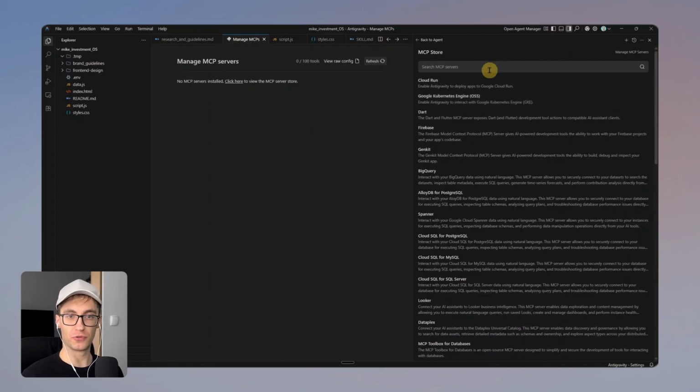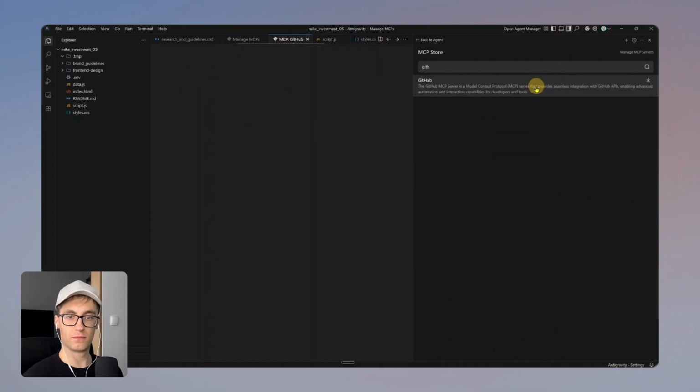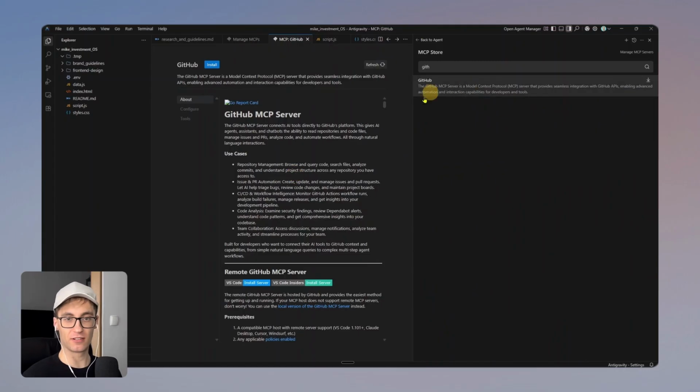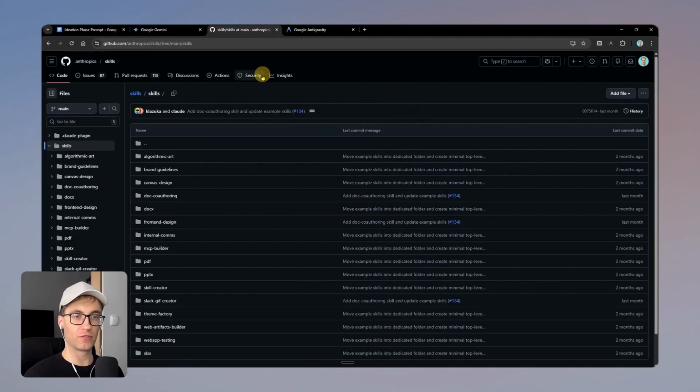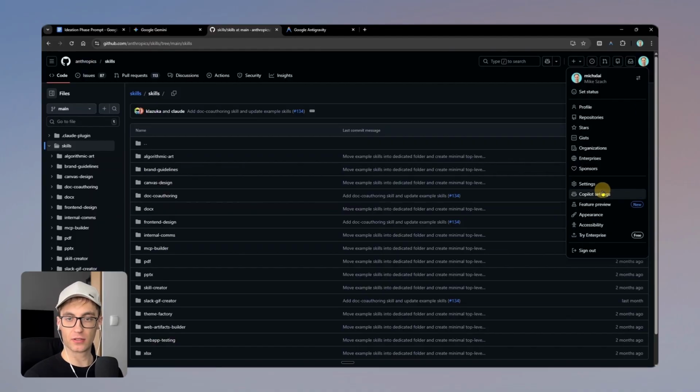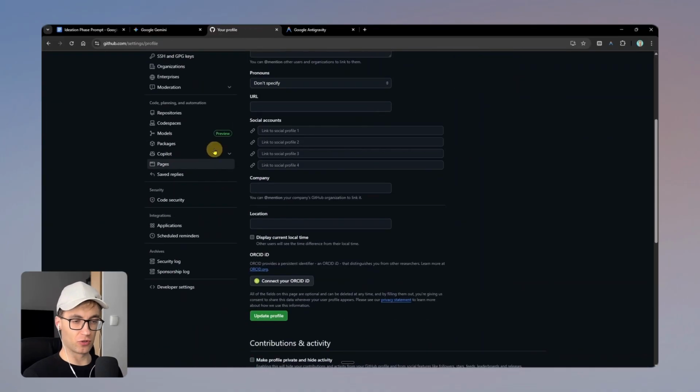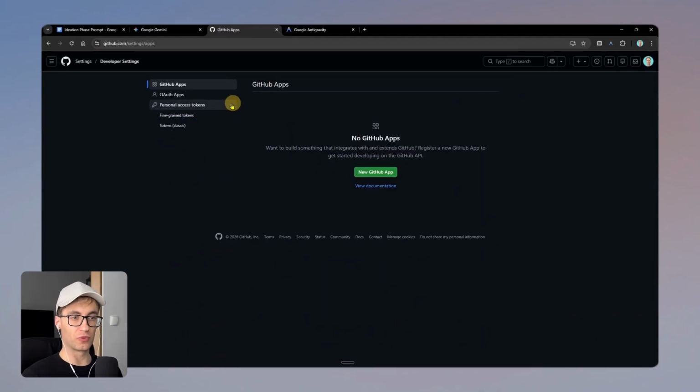And if I go over to search MCP servers and type GitHub, we're going to have to connect the GitHub MCP. So I just gave that a click, and let me just click install. So at this point, it's going to ask us to provide the GitHub token. And to access that, if you come over to GitHub and then click on the profile picture in the top right and come over to settings, and then you have to scroll all the way down where you see developer settings. And then if you click on personal access tokens and fine-grained tokens, this is where we can generate a